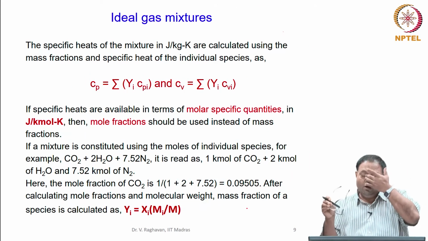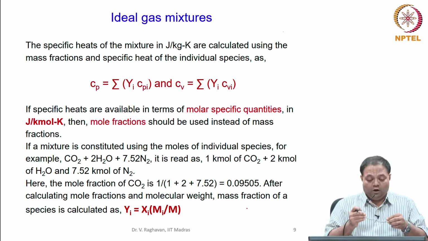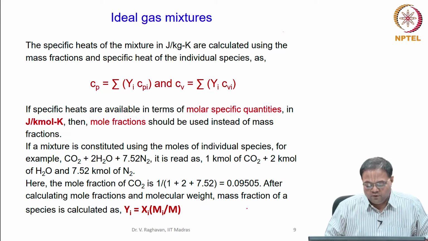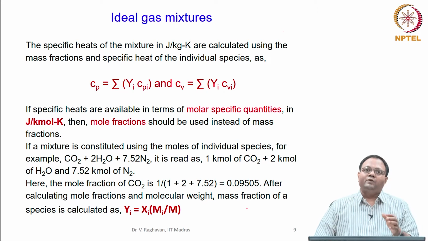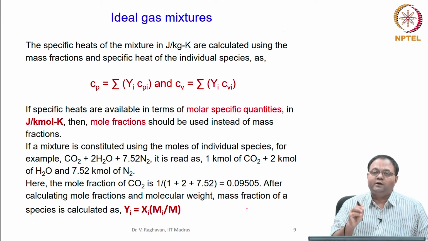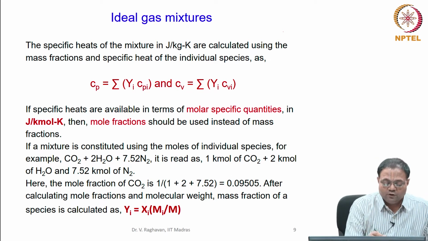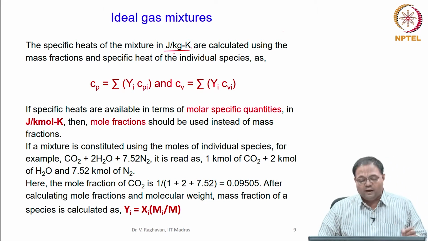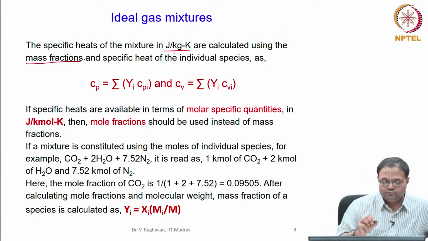Okay, now the calorific equation of state, that is, you want to find the specific heats. Please understand that again the same weighted average can be used. Now you have to select appropriate equations here. For example, when you want to calculate the specific heat of the mixture on a mass basis, joule per kg Kelvin, then you have to use mass fractions.